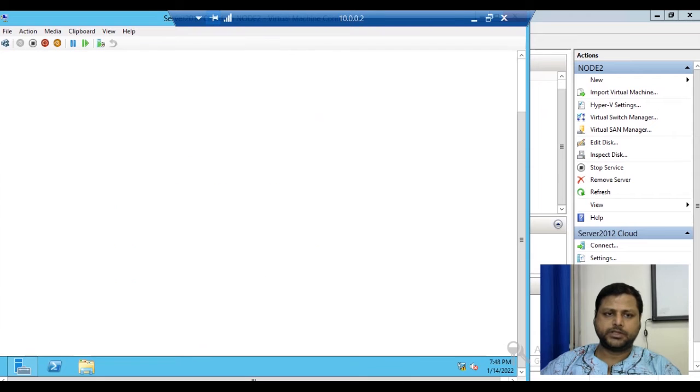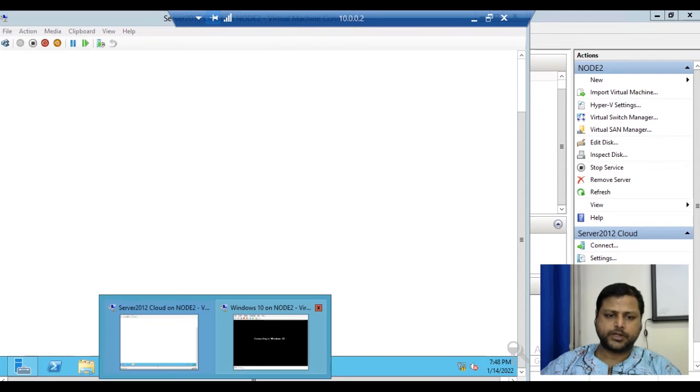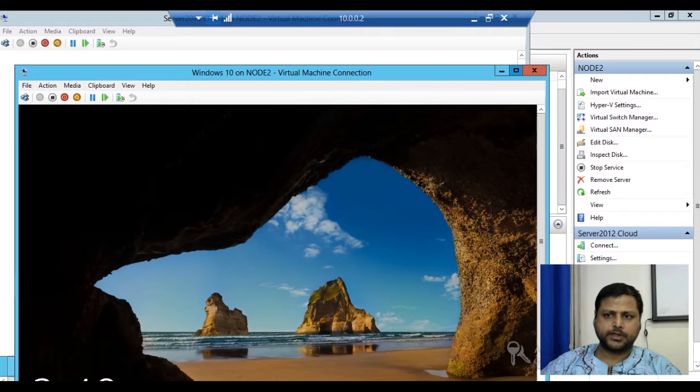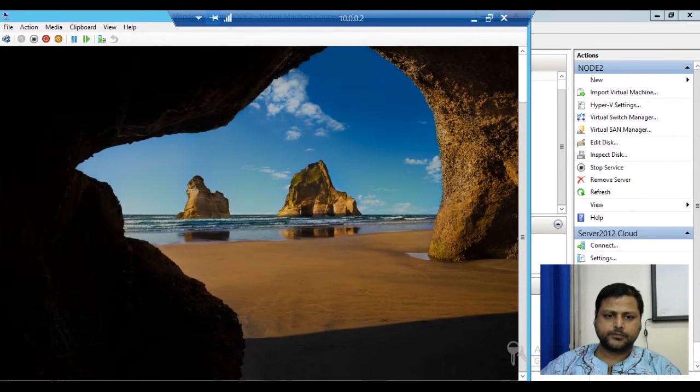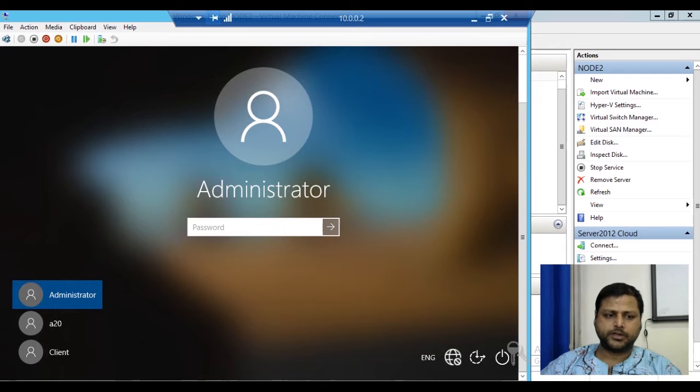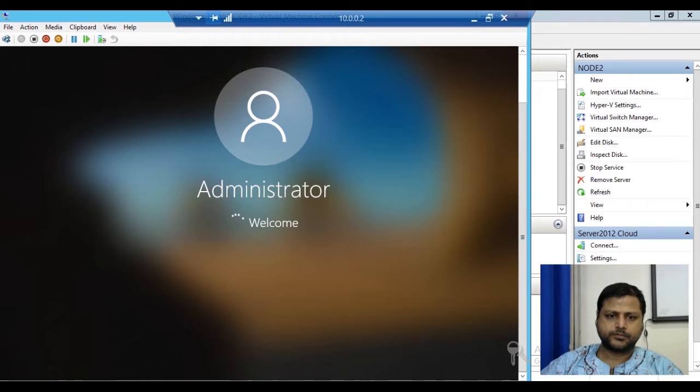By the meantime, we will check our client system also to see whether it is ready or not. We'll provide the login credential. So the client is getting ready.